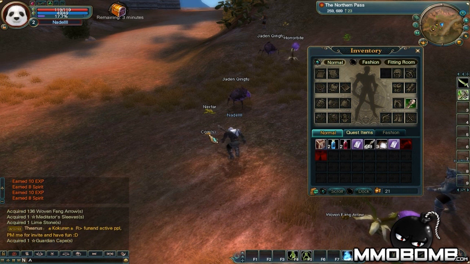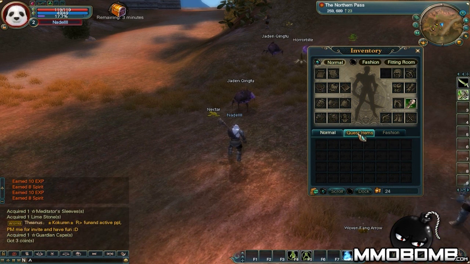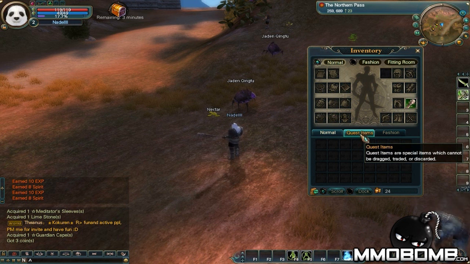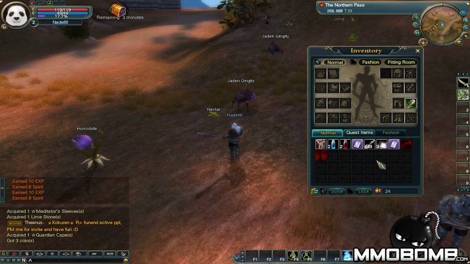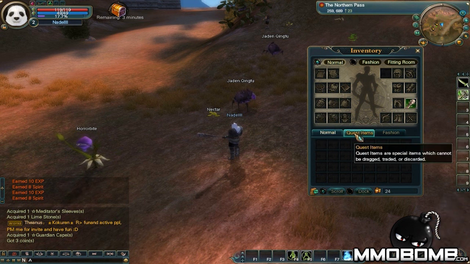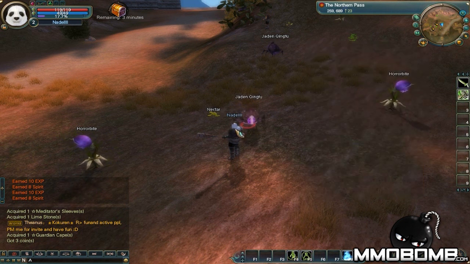I'm sure as you level you can buy more slots and expand this out here. I do like this. This is a feature that I've seen in some games now, with the quest items being a distinct and separate inventory. So right now I'm pretty much just a naked panda with a stick, but like how quest items don't take up actual bag space. Now, the fashion tab isn't active for us yet since we don't have any fashions, but